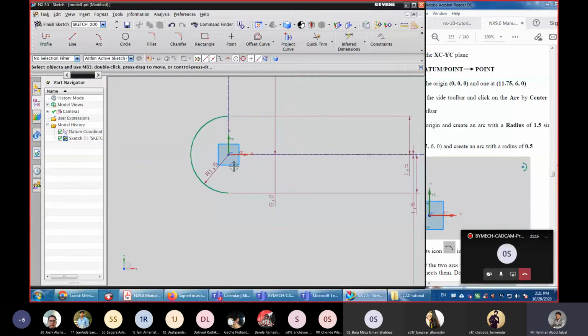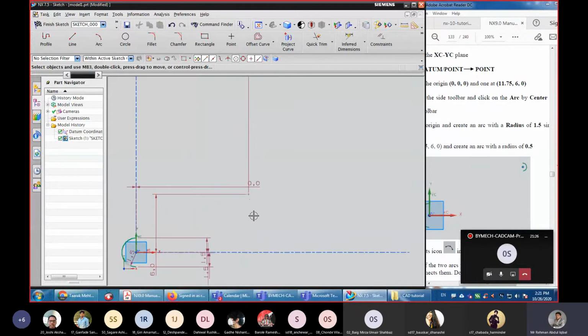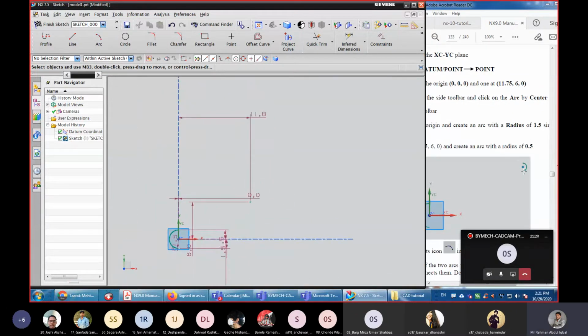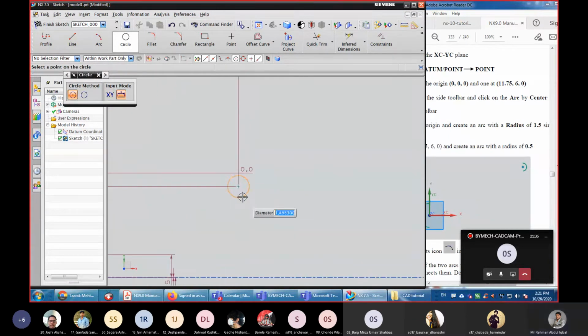So one arc has been created here. Next, we need to create another arc with radius 0.5 here. Okay. So instead of creating an arc, I will create a circle with diameter 1. The radius of the arc is 0.5, so the diameter will be 1.